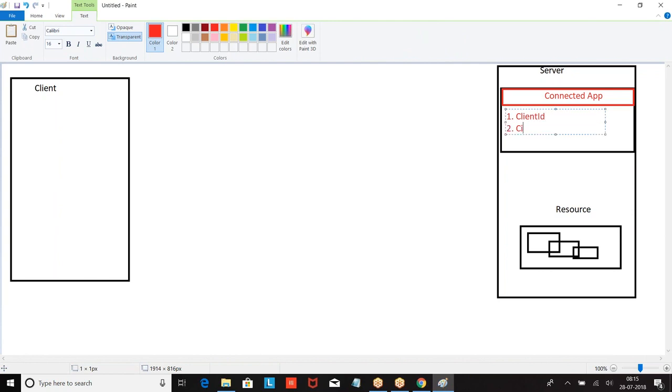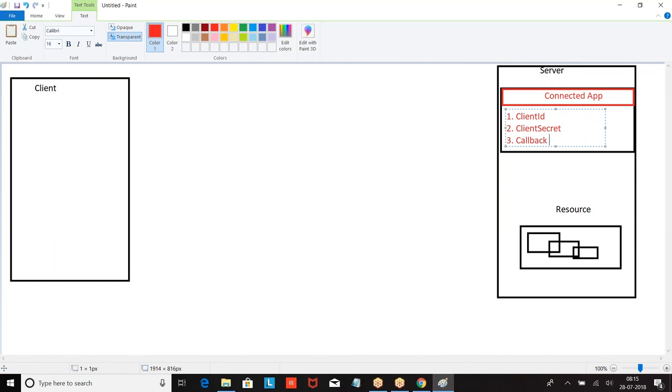client ID, client secret. Somebody may say application ID, application secret, somebody may say app ID and secret. So terminology may be different, but whatever you are giving, one ID will be coming, one secret will be coming. Okay, one ID, one secret. If you go to Facebook, they say app ID, app secret. If you go to LinkedIn, they say ID and password. Different people may use different terminology, but end of the game, what is that? One ID, one secret. So when you create an application, you're going to get client ID, client secret, and callback